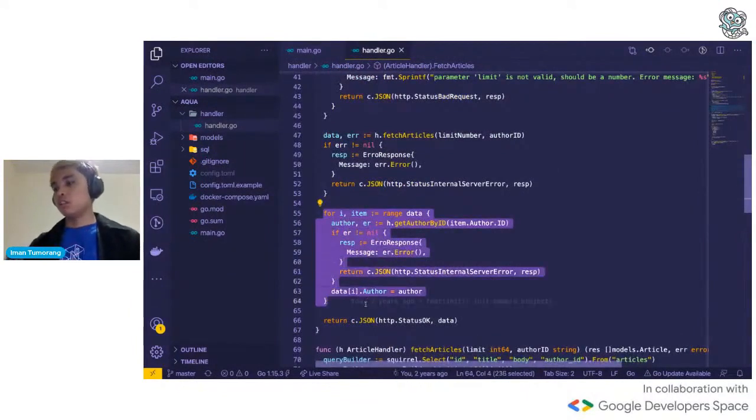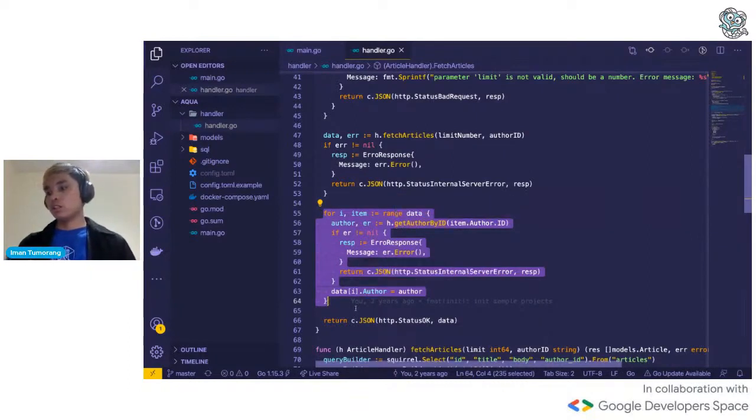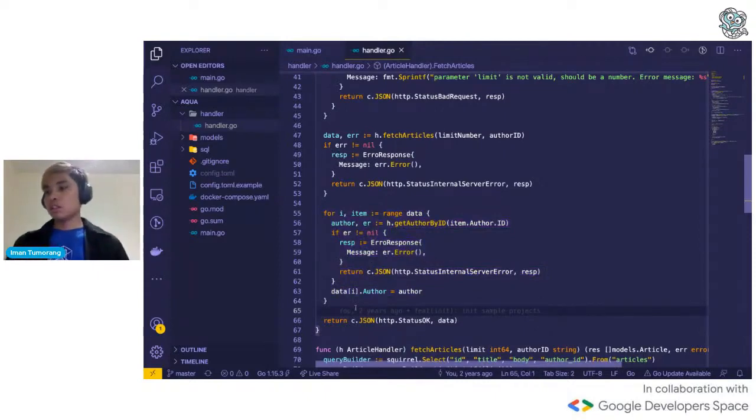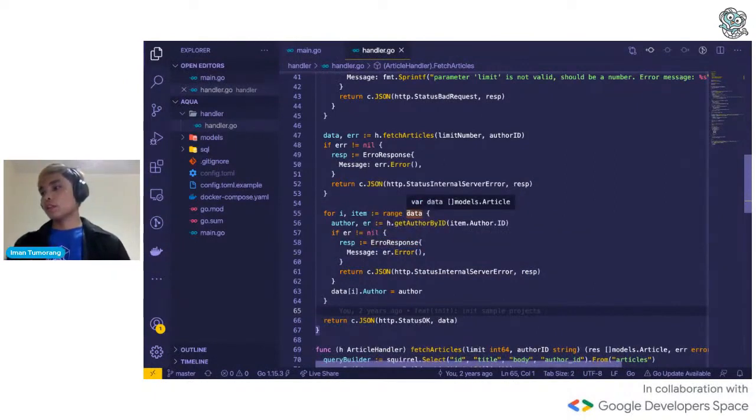You can see this is really a synchronous loop. For every item in the data, we get the author detail and assign it to the array. So maybe we can improve this by using goroutines, or maybe using a batch request to get the data.